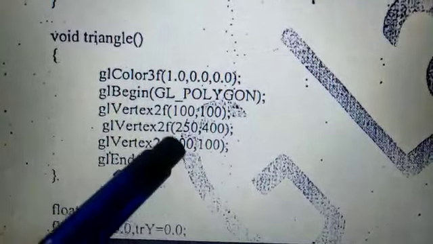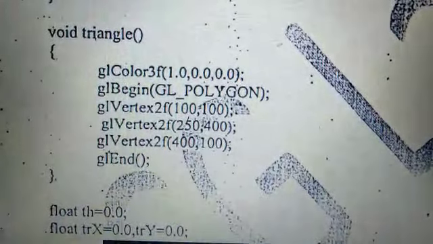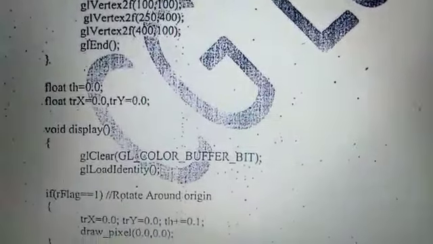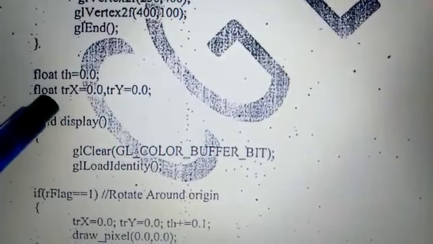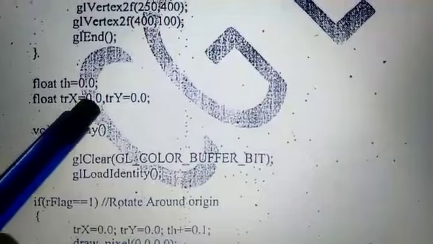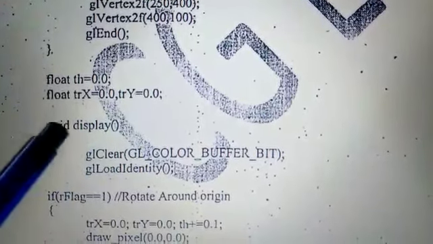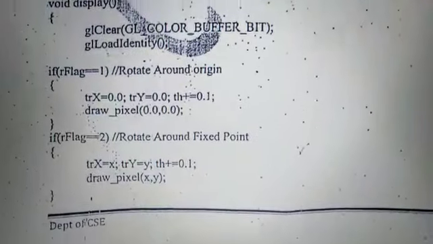If we take the triangle as ABC, we are providing the particular values for that. And glEnd. With the theta initialization, we have taken float theta value as 0, then translation x as 0 and translation y as 0. That's the initialization. Then let's move on to the main function.